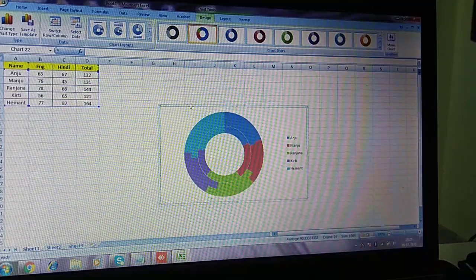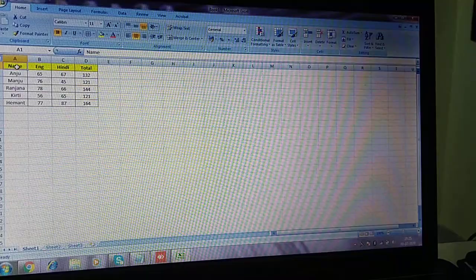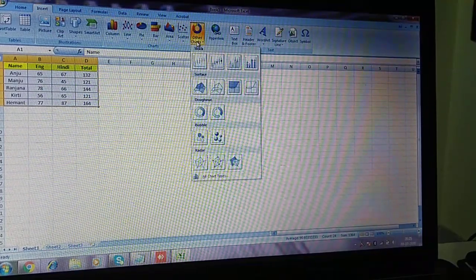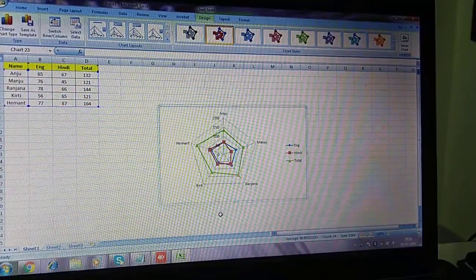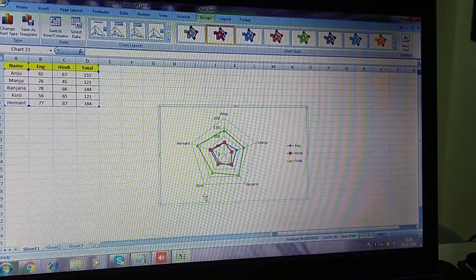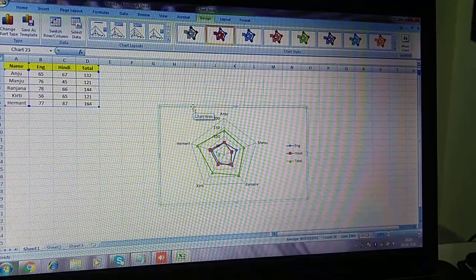Next is radar chart. Select your table, go in insert tab, other charts, and here is the radar chart. See, the names are here outside the radar and the marks are inside the chart. Okay, this is the radar chart.